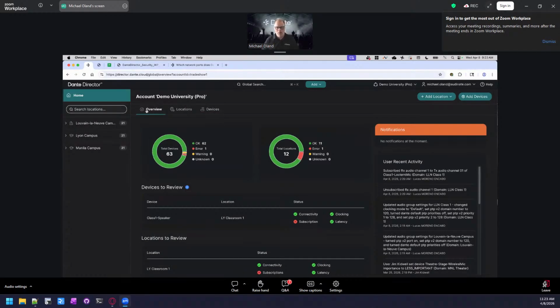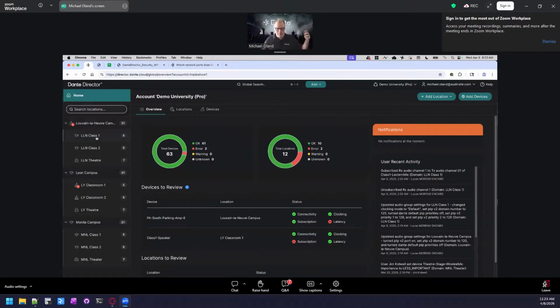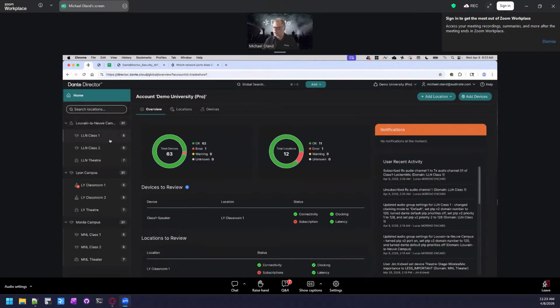So looking here on the left, you can see this is how I've organized my audio network. I've got 3 different sites, and within those sites, I have 3 different rooms. So these are all kind of mirrors of each other, but again, I can organize them this way. So this lets me try and bring management and organization to a rather large network. So I can then start drilling into them.